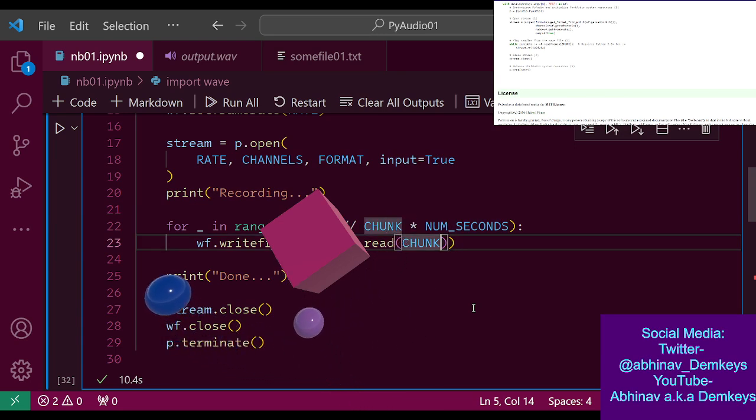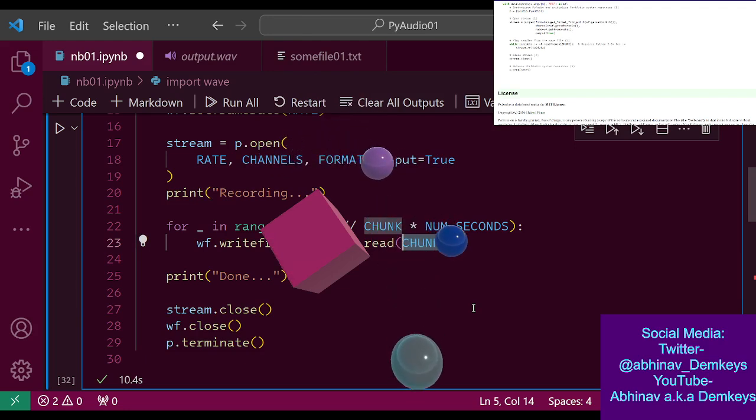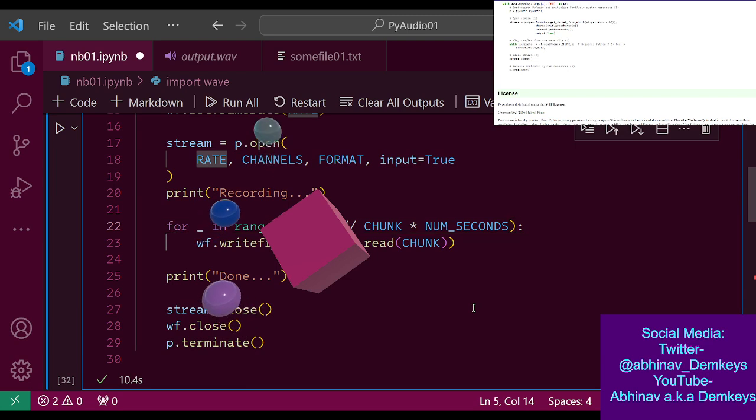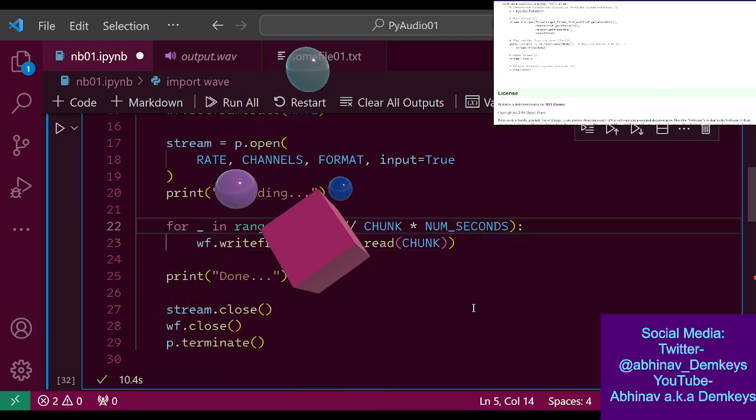It makes it so you can read a small chunk for a certain number of seconds, but taking the sample rate into account as well. So I don't need to change this a whole lot. I was just obsessing over it because I wasn't able to make sense out of it.